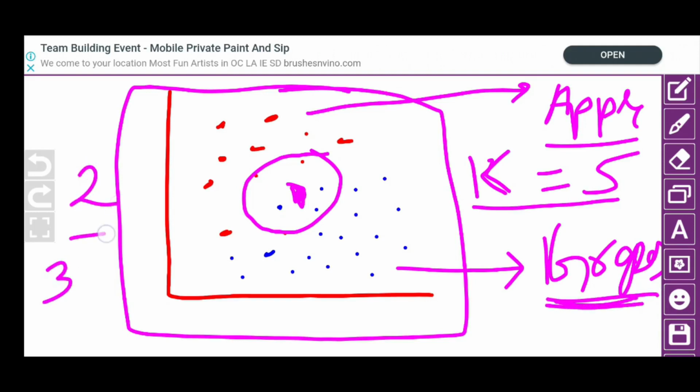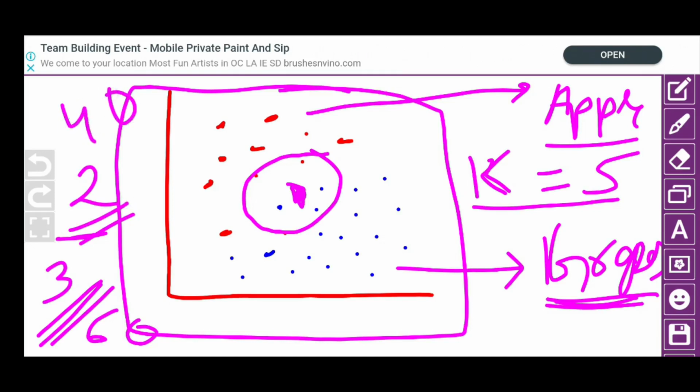So for this we will find a ratio, and on the basis of this ratio, the confidence level for this value being grapes is 60%, and the confidence of it being an apple is 40%. Based on this judgment, we decide that this data point we have plotted will come under the category grapes, just because 60% is the ratio for grapes.